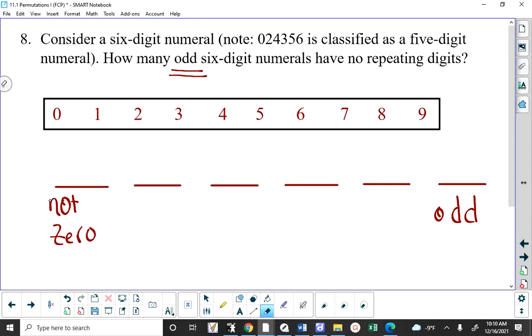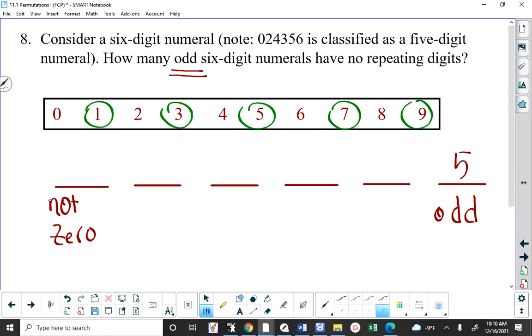And these two things we have to do first don't conflict with each other. Okay? Because the odd digits don't include the 0. So that first statement really has nothing to do directly with the second statement. There are 5 odd digits to choose from